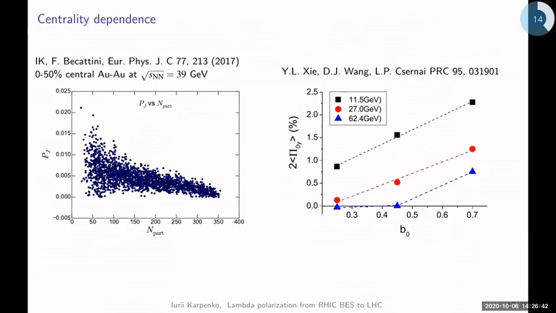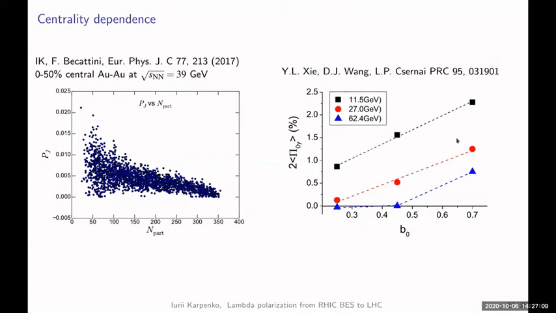Now, moving on to the centrality dependence. The two results which I scrapped and wanted to show are, again, from the URQMD plus VHLE on the left and the PCR model on the right. The general trend is that the mean polarization, or global polarization, is growing when you move from central to